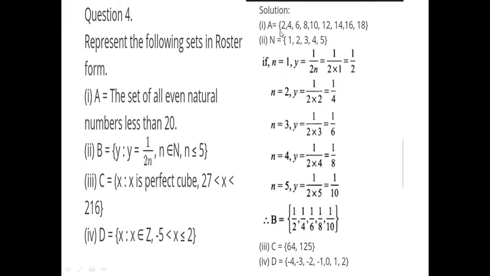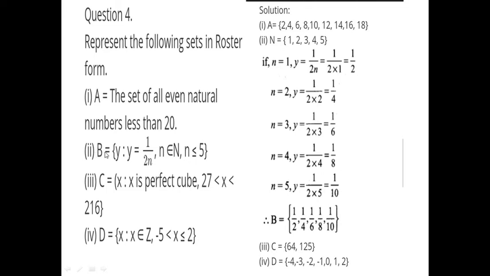So the set A equal to, always a set should be written within the curly braces and the elements should be separated by commas. Don't forget to place commas in between the elements. So A equal to {2, 4, 6, 8, 10, 12, 14, 16, 18}. Next,